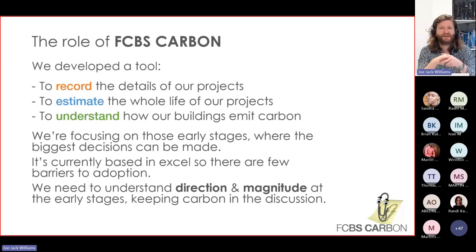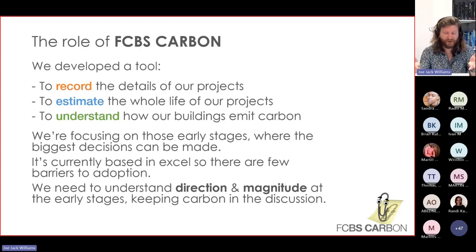Is it lower carbon or is it higher carbon? And by how much? Is it 2 kilograms or is it 100 kilograms? It's very difficult to predict. So this is really what the tool's done, and it's done in Excel. As I said, it's free to download. You don't need to have an expensive Autodesk license to make it work, or a MicroStation license. You just need Excel. And in fact, we do it on early stages in projects.